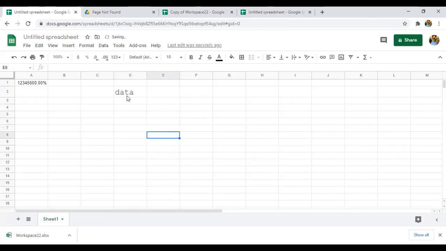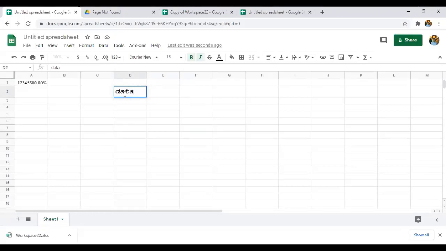So this is how we are going to change the type of the data, that means the font of the data and the size of the data. And I have told you how you can change the number format, whether you want it in the plain format, percentages, or anything, right? And if you want to make it bold, just click on B, and the data will become bold. And if you want to do it as italic, you can just select the word and click on italic. You can see that the data format has been changed into italic.